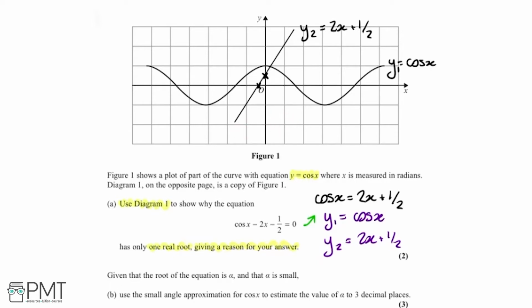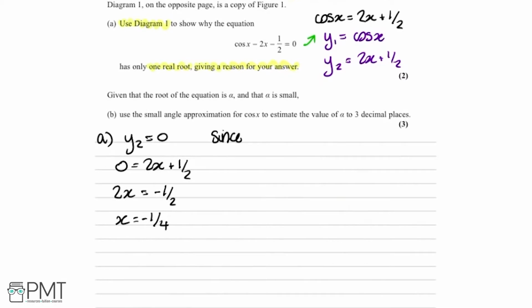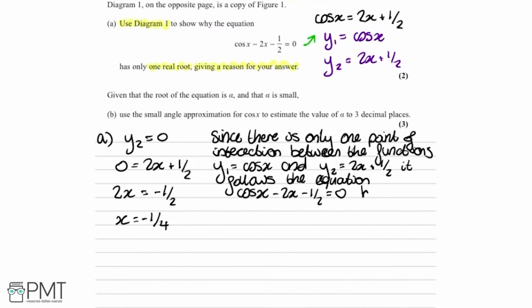So as I mentioned earlier, the points of intersection will be the solutions to the equation. And we can see here we've got one single point of intersection, which means we only have one real root. So we've used diagram 1 to show this, but now to get all the marks we need to give a reason for our answer. So down here I'm going to write an explanation. So since there is only one point of intersection between the functions y1 equals cos x and y2 equals 2x plus a half, it follows that the equation cos x minus 2x minus half equals 0 has only one real